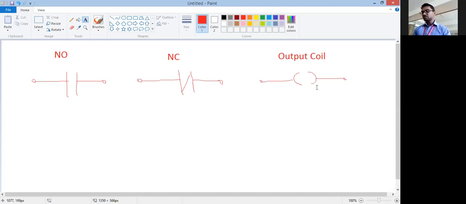Okay, so this is the output instruction of the ladder diagram, which indicates the output device. This output coil will get energized if the run condition becomes true. In the example we saw previously, when that switch was pressed, the coil got energized and turned on. That means whatever device is connected in place of that output coil turns on. So this is the third instruction, the output coil. Okay. Another instruction is reset.